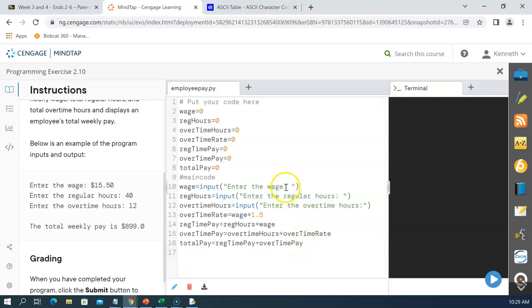Okay, and so then we have to output this in some kind of a statement. So print. Here I'm going to grab this again just so it says the same thing. The weekly pay is blank. All right. Now, here's where it gets a little tricky. So I want it to look, and I need it to look exactly like this, where it said I need